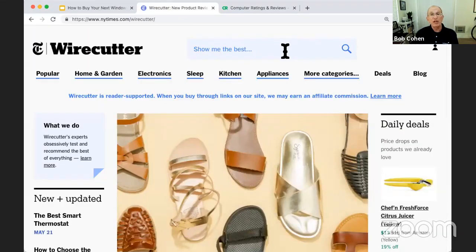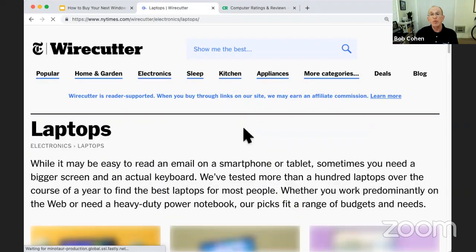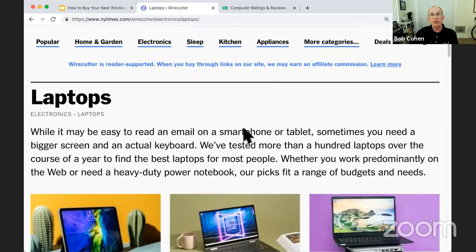Wirecutter is my other favorite site to go to for product reviews. Wirecutter does accept advertising, but for the most part, they've been pretty impartial. They do buy products, they do evaluate them, so they just don't review it based on what they do. And there's other sites out there like PC World and others. But if I wanted to look up, say, laptops, they do more products than Consumer Reports, and they're free. And so they'll explain a few things like we've talked about.